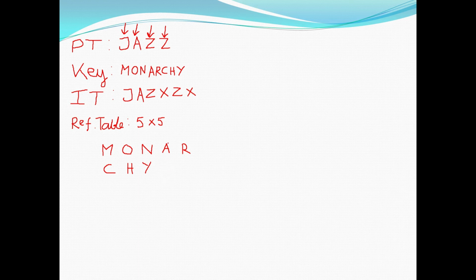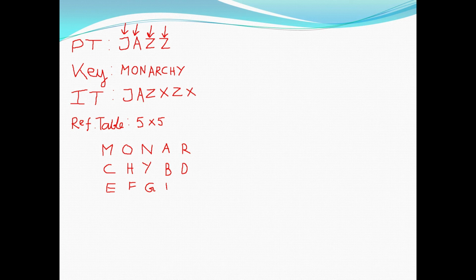So A is already used in this reference table. So what comes after A? You have to put B, because B has not been used. And what comes after B? C. C has been also used. So after C we have D. D is not used. A, B, C, D and then E, which is not used previously, and then F also not used, G also not used,